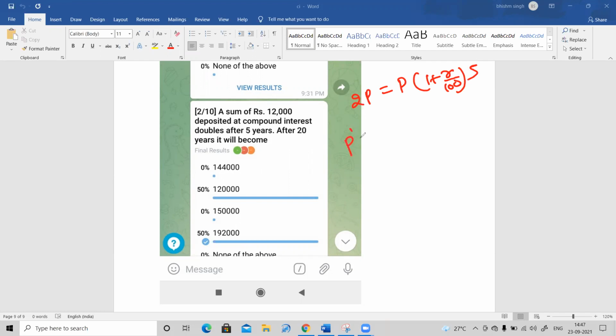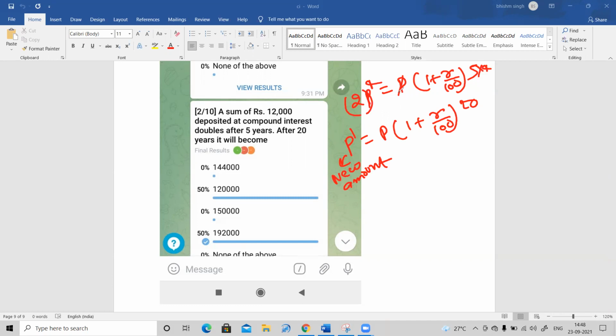So we don't know the new amount, how much this is. But I want it after 20 years. So 1 plus R divided by 100 to the power 20. This is my new amount after 20 years. We will see how much this is. So P is cancelled, my dear students, in the first equation. And what I will do, both sides I will put the power 4, because I want 20 years.